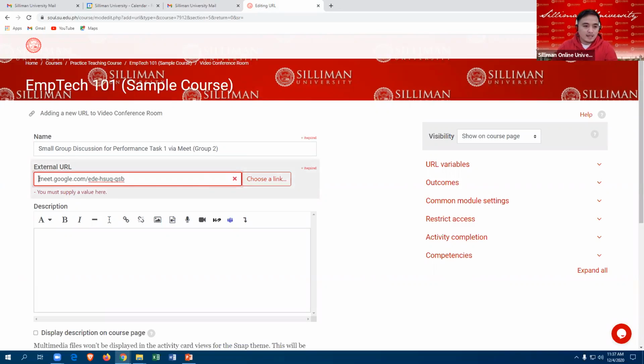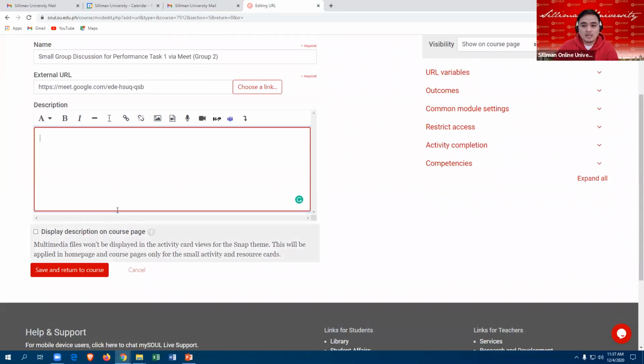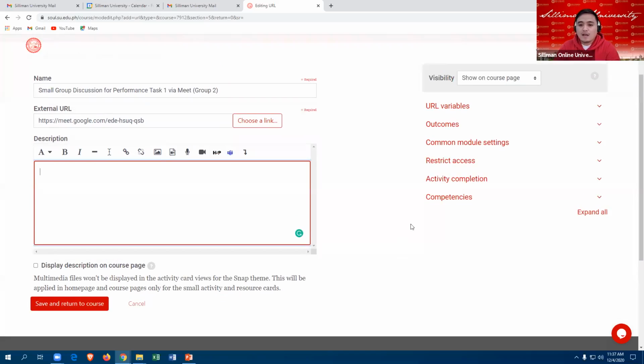Paste, and don't forget to encode HTTPS colon and double forward slash. And then if you again have a description or general instruction intended for group 2, then you may include it. This is optional. Just leave the display description on course page as default.